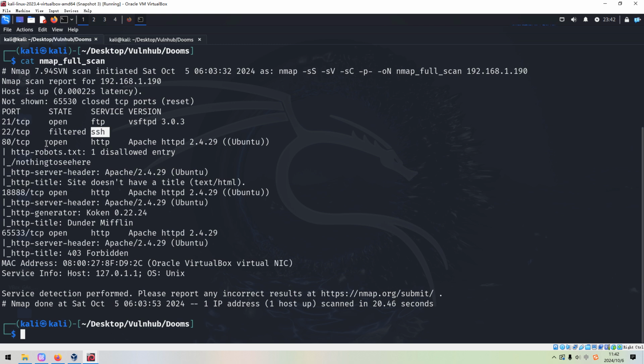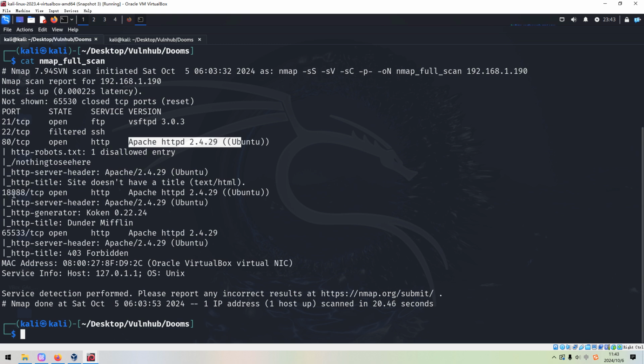So now we just take a look at all open port numbers one by one. The first one is 21, which is running FTP service, and also the version information. And the second open port number is 80, which is running HTTP service, and also the version information, Apache 2. Also from its default script scanning, we can tell that the target has a robots file accessible, which contains one disallowed entry. Afterwards, we need to check it out manually by the browser.